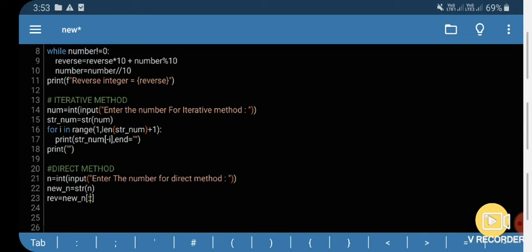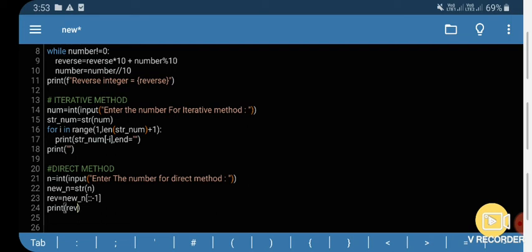I will not mention that because we have to print the entire string. But last we have to mention the jump, that is, first print 0, then jump 1 index and go to 2, so alternate ones will be printed. But in this case, we have to print in the reverse order. So I will mention -1, print reverse, and we will just print it,